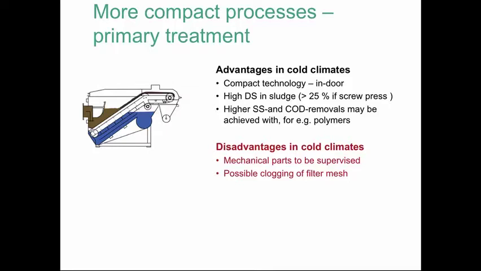Like 10-15 years ago, we abandoned using these mechanical processes as the only process because the treatment efficiencies were so small. And we know that if the pore opening could be reduced to 0.1 millimeters, then almost 50% of the particulate pollutants will be removed. But the problem is then the filter cloth will be clogged so often, and it is going to be very costly to operate. But now there are a couple of new technological solutions which are already in the market and installed, and they can have